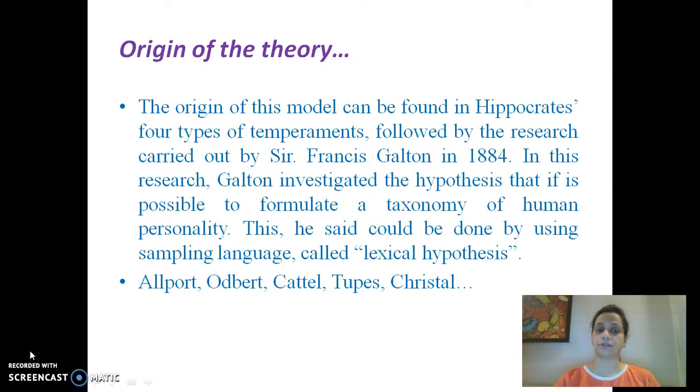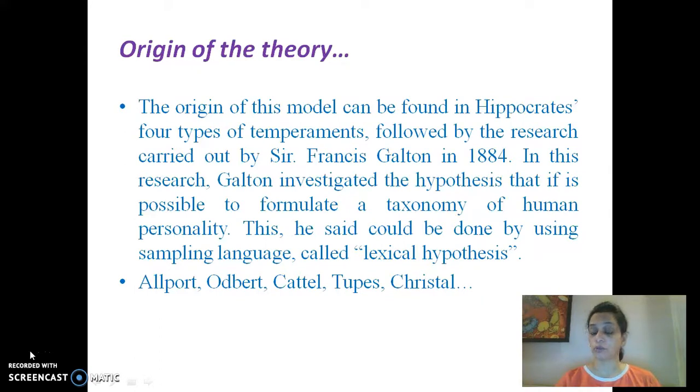Hippocrates had identified 4 types of temperaments in human beings. He named them as sanguine, choleric, phlegmatic and melancholic temperaments. Sanguine temperament people are positive, melancholic are mostly